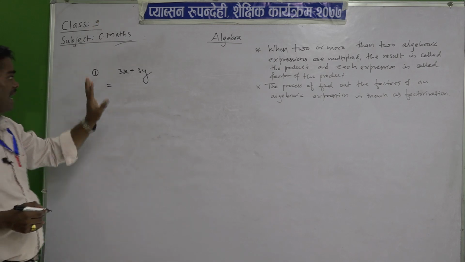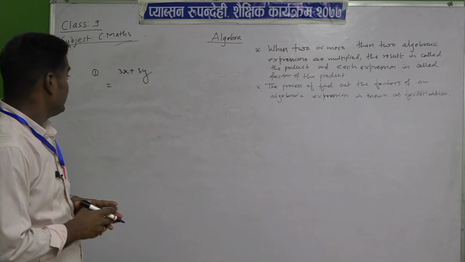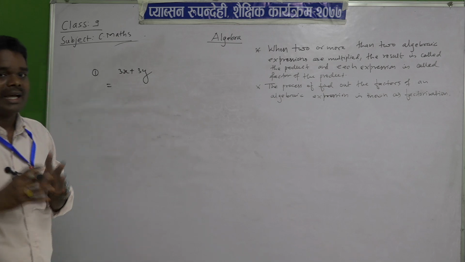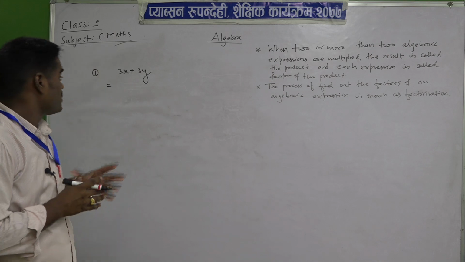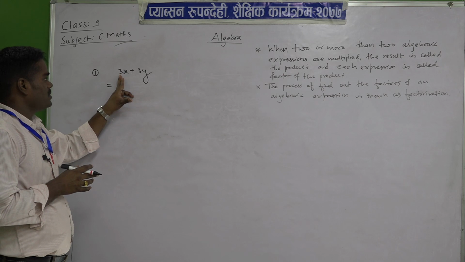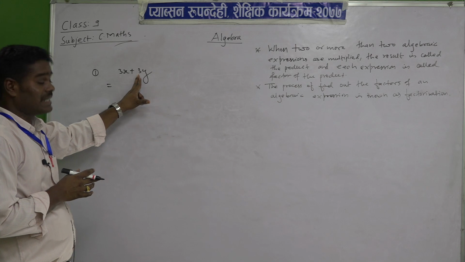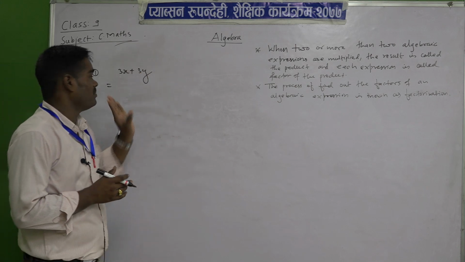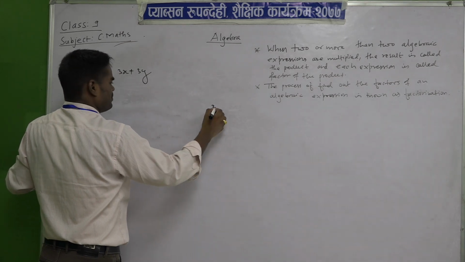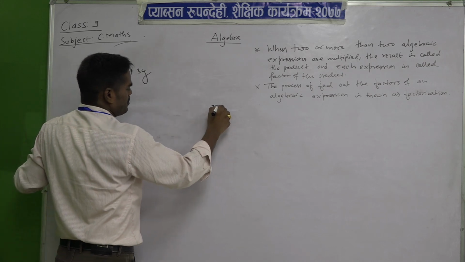I have told you, firstly you have to see whether there is a common factor or not. You have to see in the number also and in the variable also. So here x and y are the variables. The coefficient of x is 3 in the first term, and the coefficient of y is also 3 in the second term. So what is common? You can take common like this, for a few days you have to do it like this. You have to find the factor.